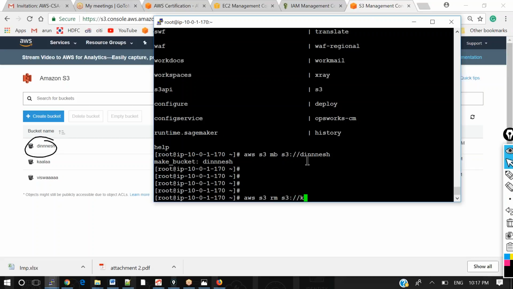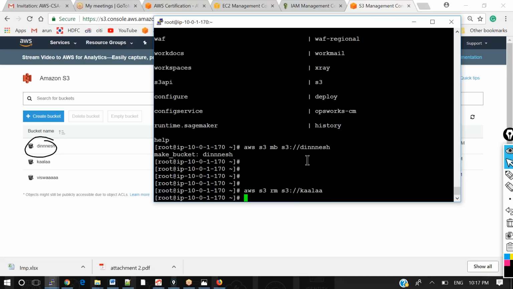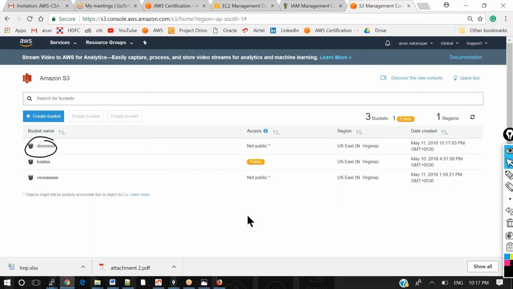Let's say I want to remove the bucket called Kala. Okay, so I have done that. So refresh the screen and check it once. Okay, do the proper refresh.